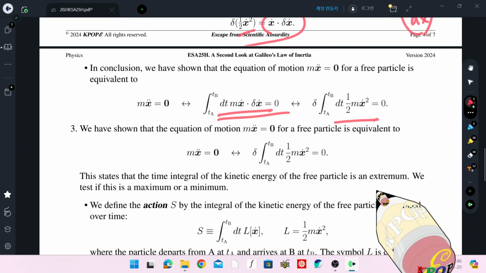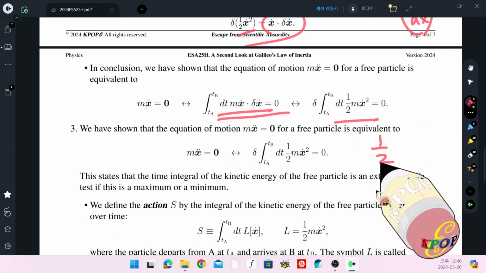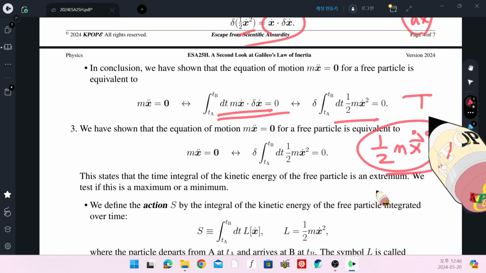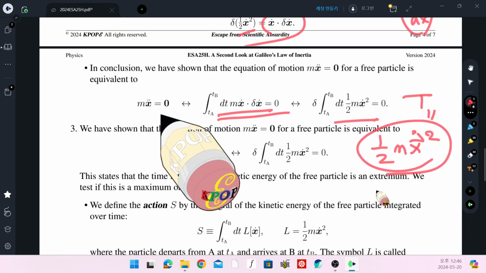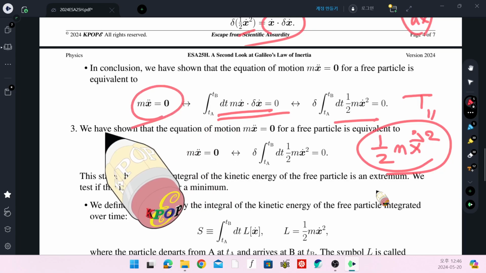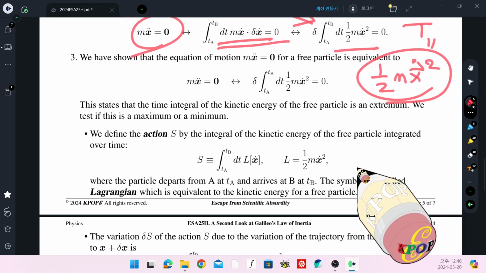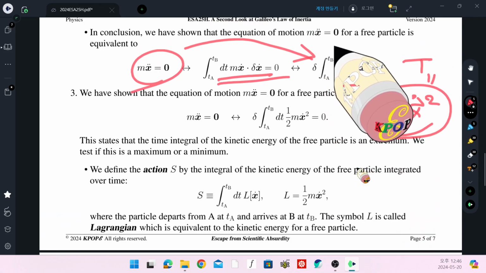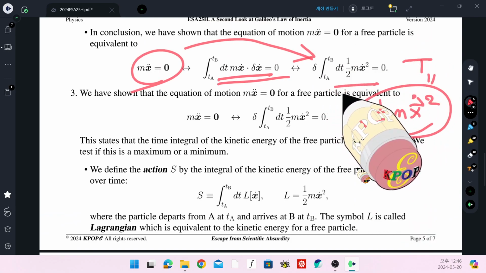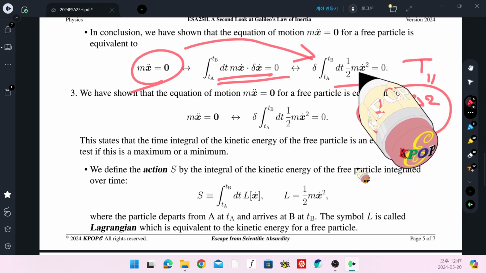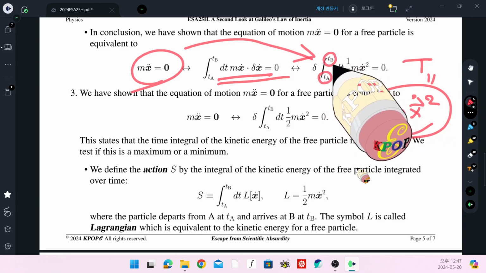We are familiar with the fact that this 1/2 mass times the velocity squared is nothing but the kinetic energy, capital T. We arrive at the point that the law of inertia, that is, acceleration is zero, is equivalent to the fact that, to order delta, the time integral of the kinetic energy